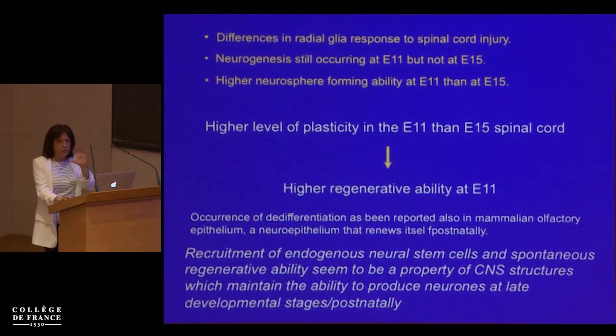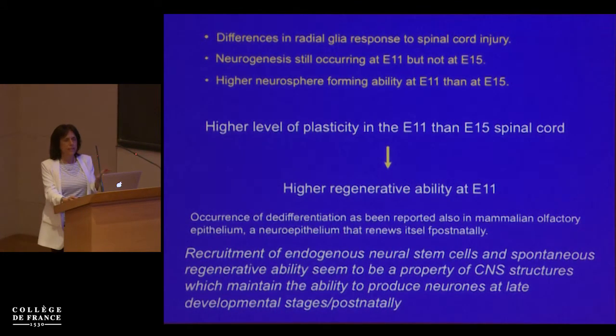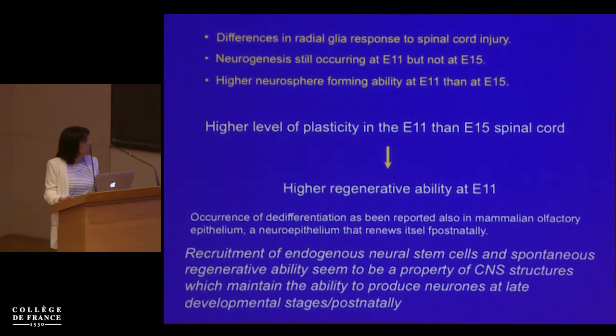So going to the general question about the differences, we have still an environment that is permissive for neurogenesis. That is the case in the chick at this stage, as it is in the amphibian and fish that keep producing cells to some extent throughout life. That is particularly obvious also in the fish spinal cord. So altogether,